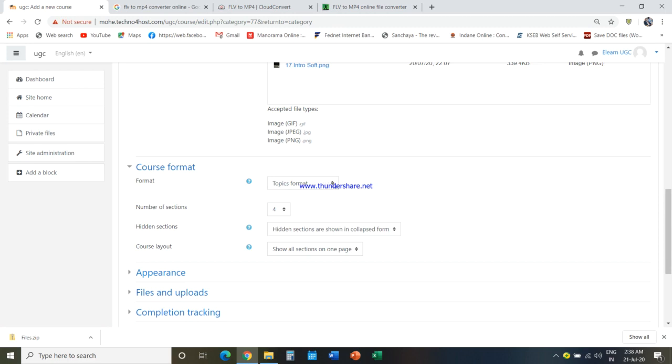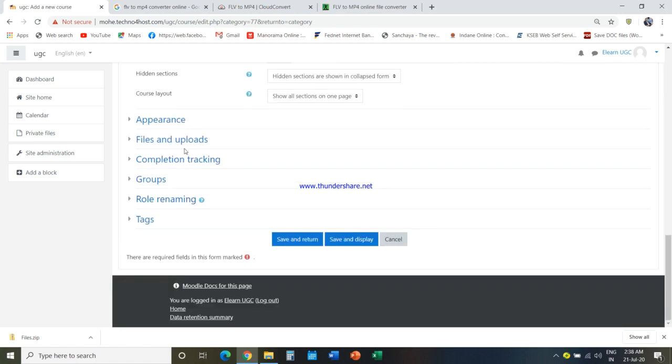So there are totally 4 formats. Single activity, if you have only a single activity, then social format, then topics format and weekly format. So generally we will use either topics format or weekly format, like topic 1, topic 2, topic 3, or week 1, week 2, like that. Okay. And the other options you can keep.